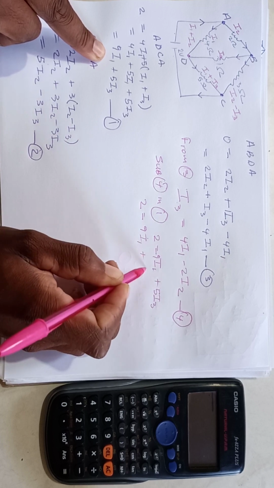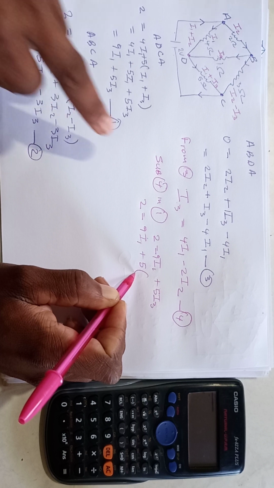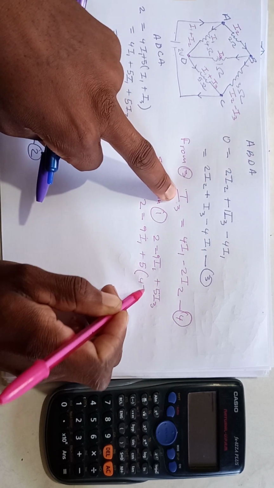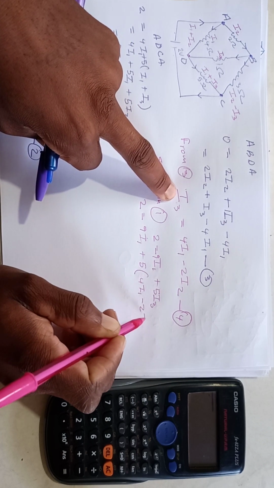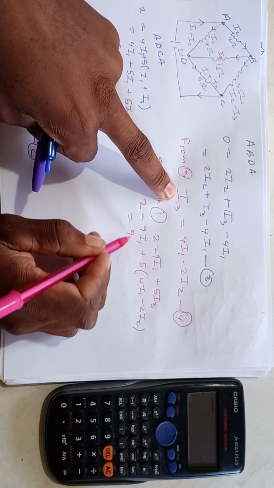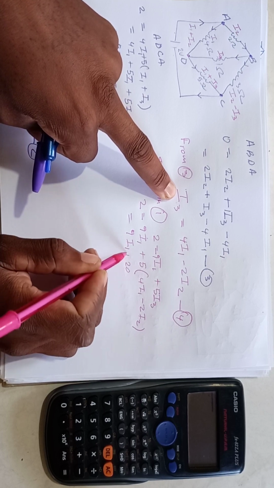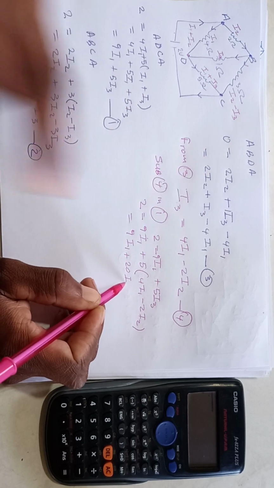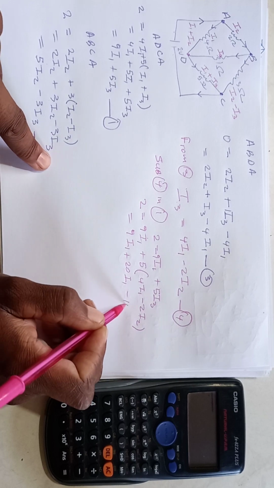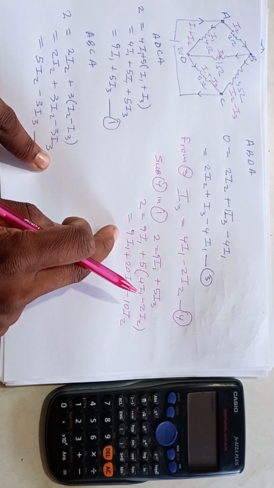9I1 plus 5. Where is I3? We said I3 is equal to 4I1 minus 2I2. We then end up having 9I1. This would be 20 plus 20 I1 minus 10 I2. So this will give us 29